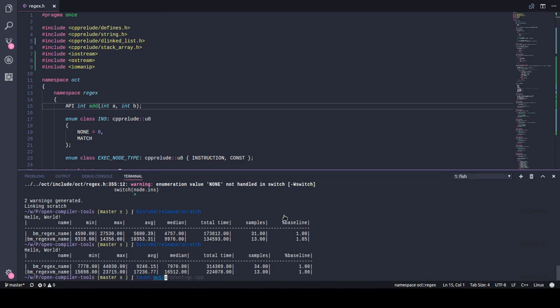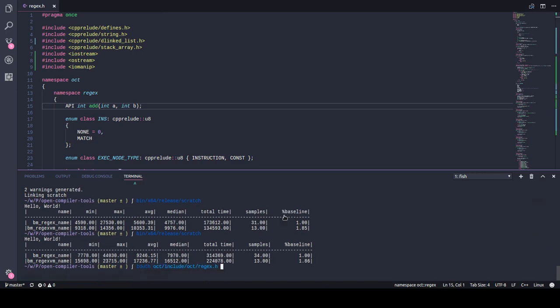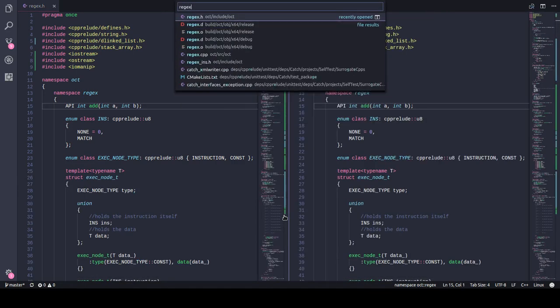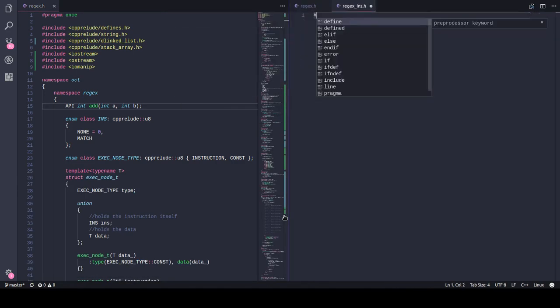Touch oct include oct regex instruction.h. Okay. Now we shall open this file,